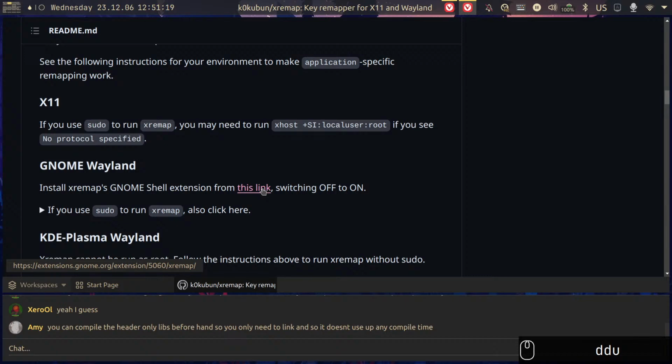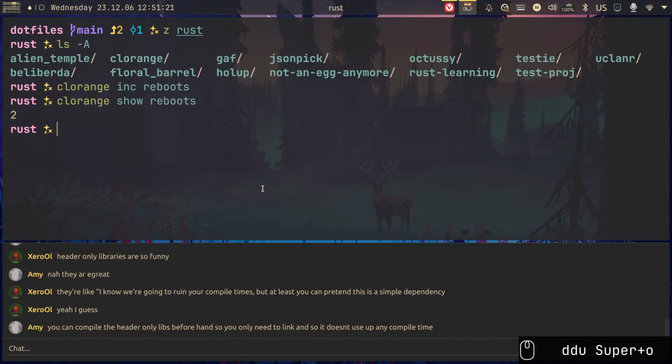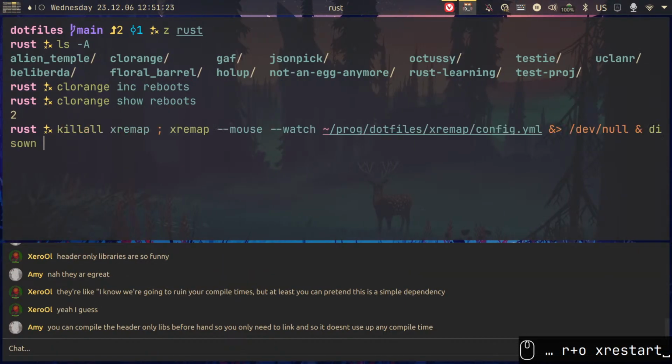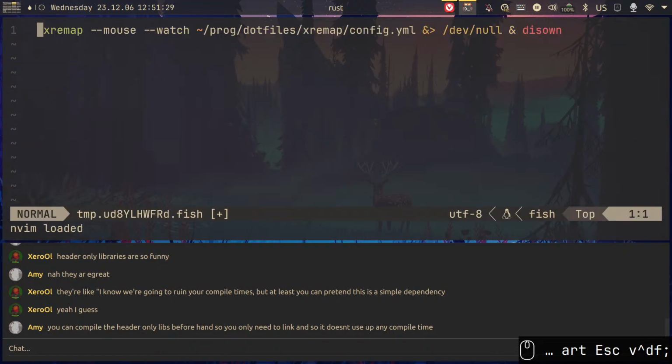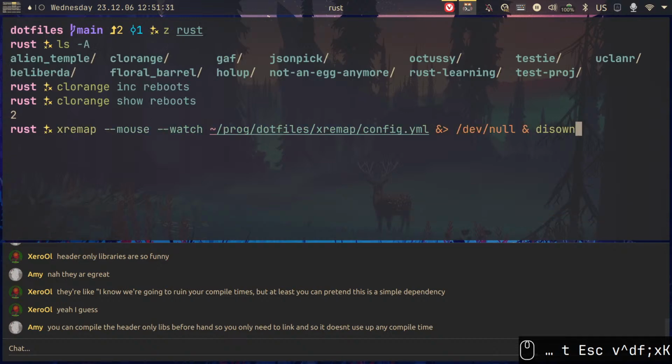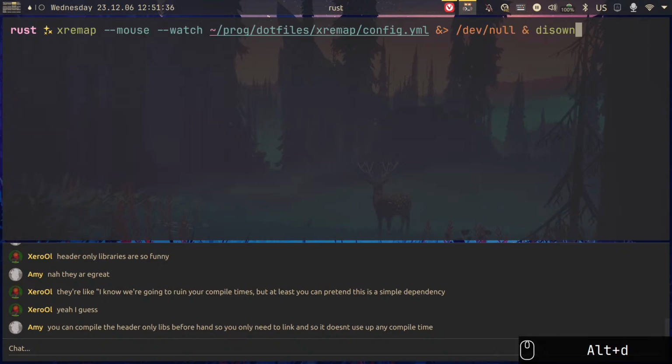So, you install it. What do you do now? I have a certain thing here. Let's edit out the unneeded part so I can actually show you what you need to execute. So we have the command here, xremap --mouse, in case you want to do some mouse remapping. And I'll go on to explain how that has been incredibly useful for me. And then we have